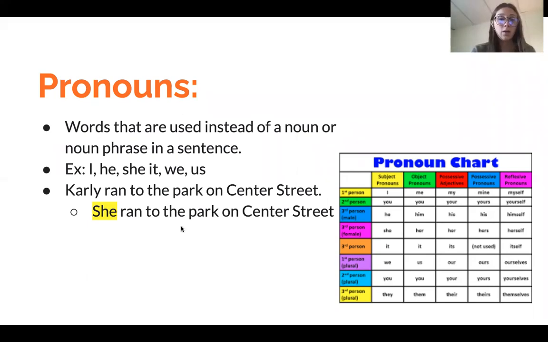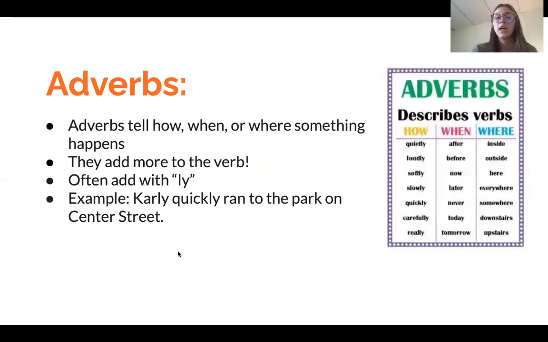So next we have adverbs. Adverbs tell how, when, or where something happens. They add more to the verb. A hint is that they often end with ly. If you look to the right, there's a list of examples. There's quietly, loudly, softly, slowly, but then there's also